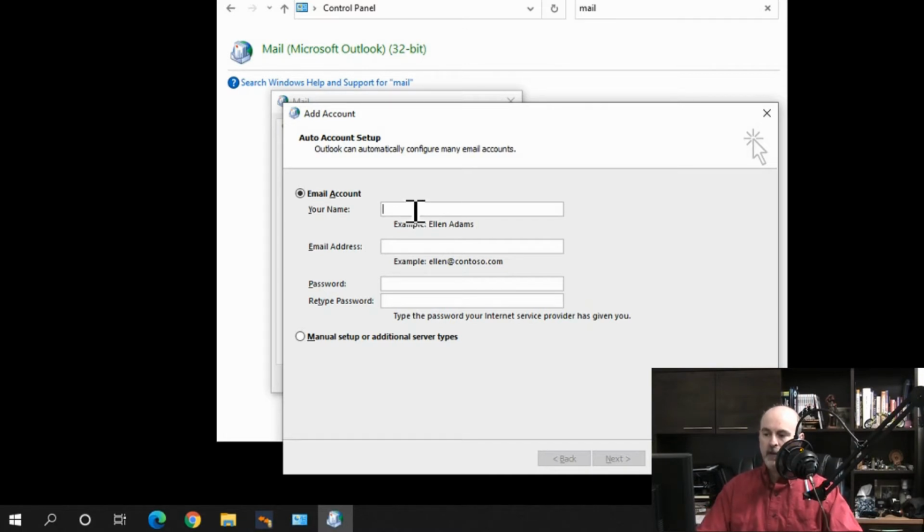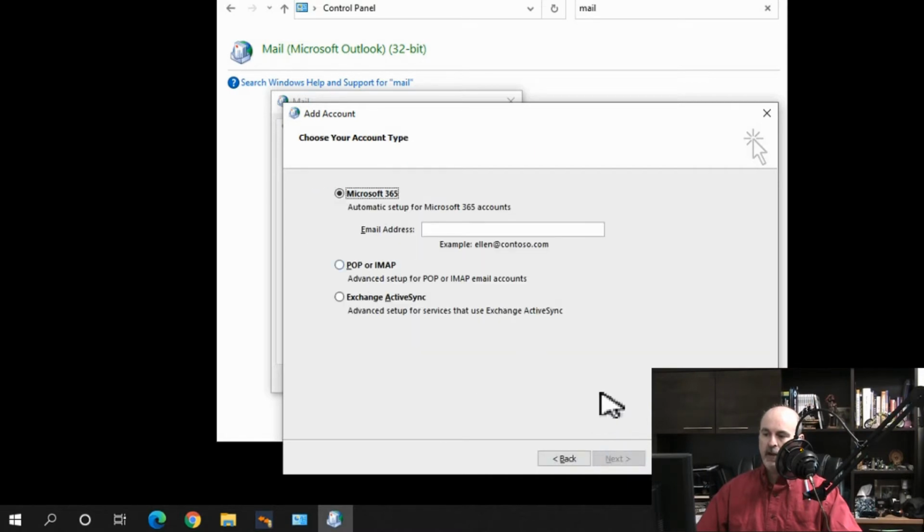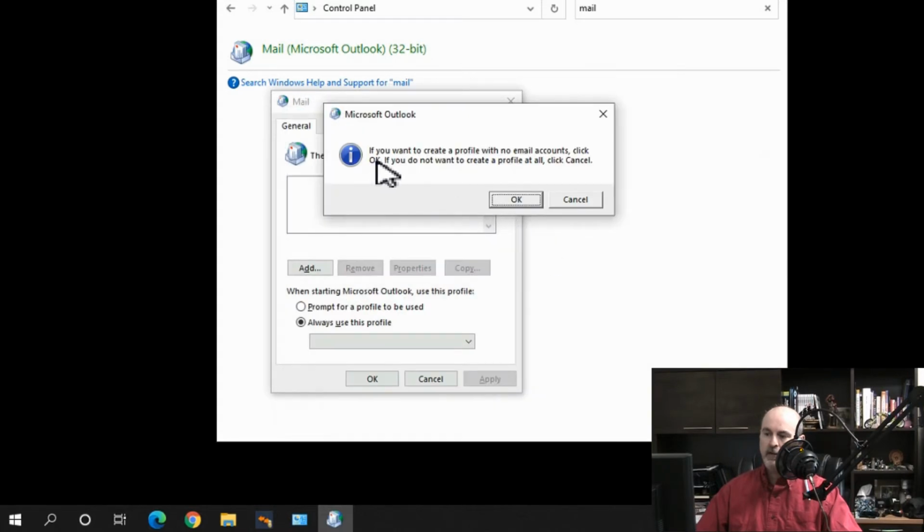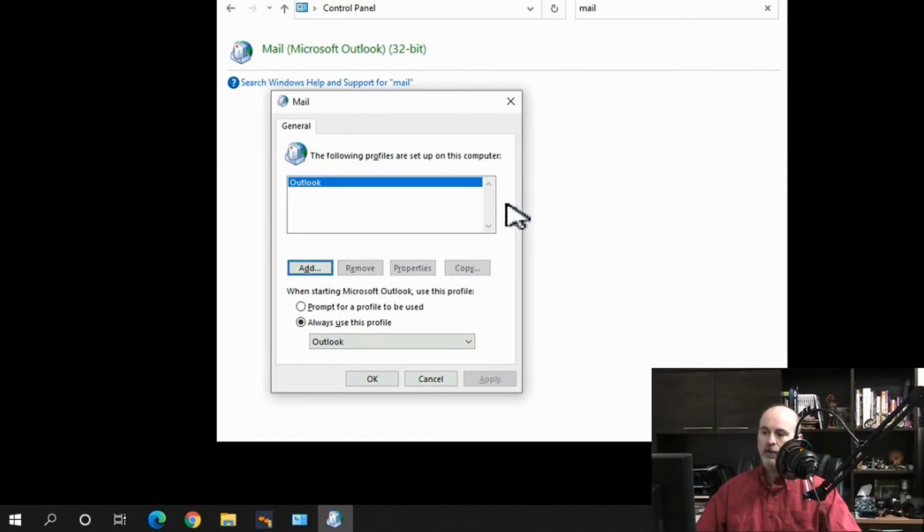But if we want to skip that, we still have to go to manual, go to next, and I think we can actually cancel right from here. Yeah, and then it asks you, do you want to create a profile with no email account? Click OK. Perfect, that's exactly what we want. So I'm going to hit OK, and there it is. We have a profile. Always use this profile, and there's no email account. Perfect, that's what we want.